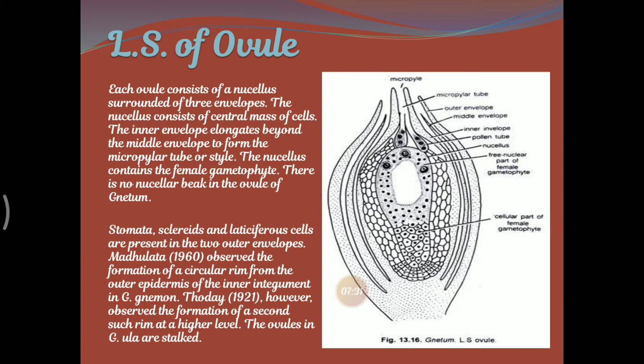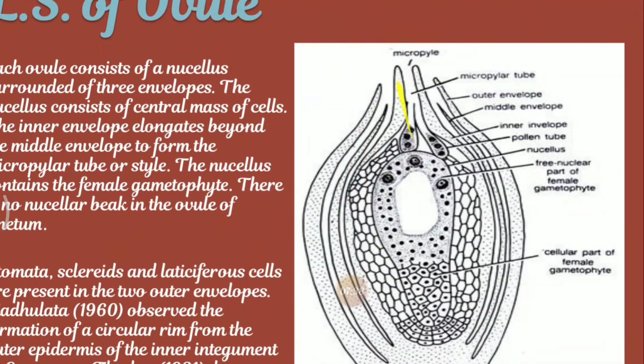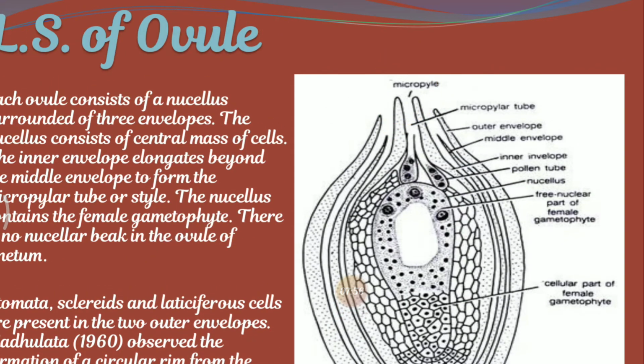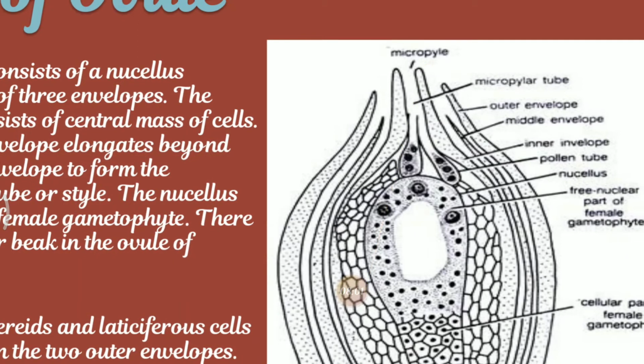The ovule is made up of a spherical nucellus surrounded by three envelopes called integuments. This is the spherical nucellus. Three integuments are present here. You can see one is this, and the integument. This integument arises in an acropetal sequence. The innermost integument extends beyond the others and forms a micropylar tube. See, this is the micropylar tube. It fuses to the lower half of the nucellus and forms a pollen chamber at the micropylar end.